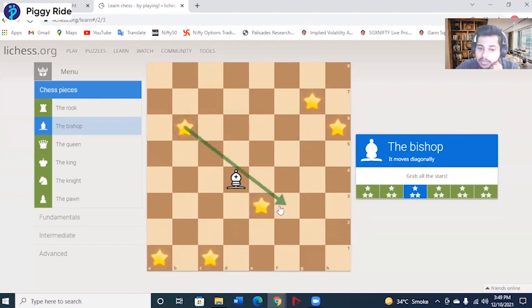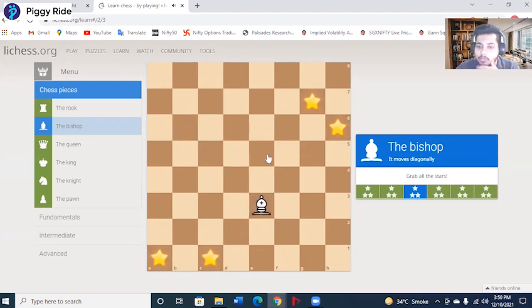Because then we can come down and all of the other stars would then be in range. Got it? So we do not have to change the lane all the way just to capture all the stars. Once we come back over here at e3, all the stars would be in range. Got it? Okay. So bishop to b6, the first one, coming back down, bishop to e3.